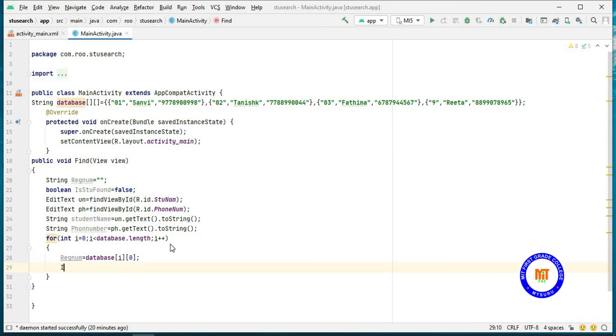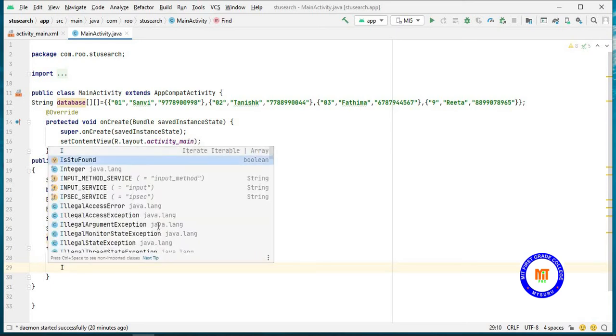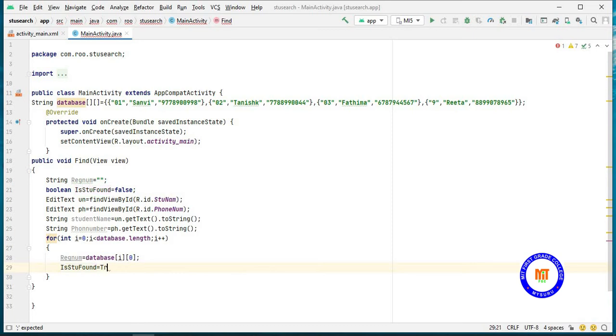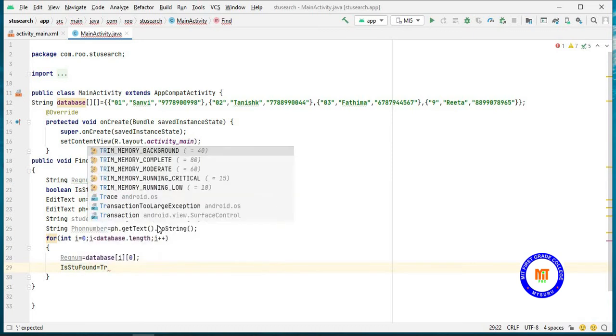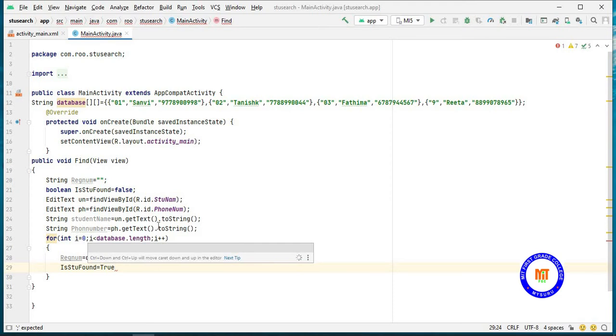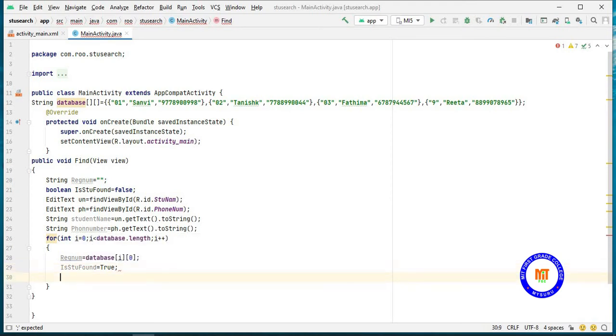Then I am making is student found variable to the true. This has to be in small.